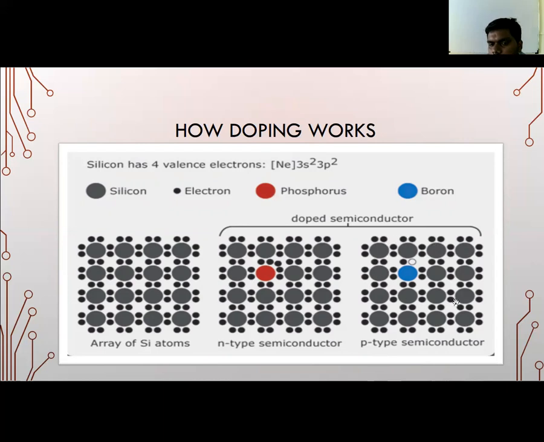If I am introducing or removing an electron, as you know, if there are holes, this hole attracts electrons from the surrounding. In this type of semiconductor, you have introduced an atom of boron. Boron is also a dopant. So this boron, what will it do? It will create a hole in this p-type semiconductor.